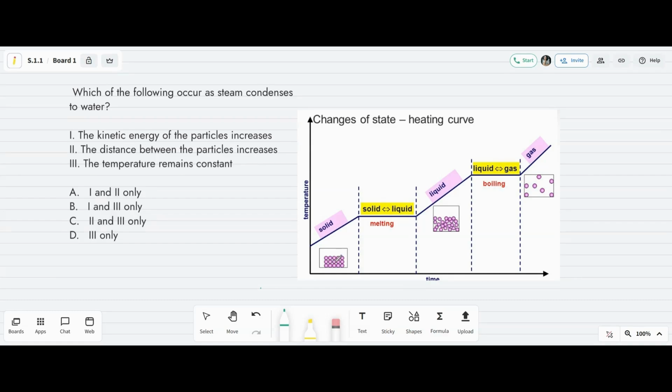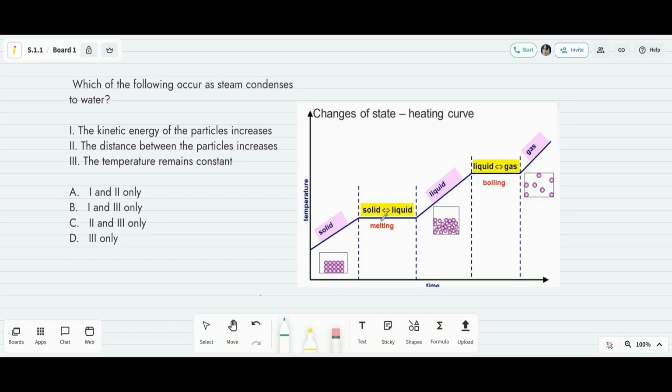This increases the kinetic energy, and when the average kinetic energy increases, temperature increases. So the solid's temperature is increasing here, and once it reaches its melting point, the solid starts melting. Here you need to note that during any phase change, whether it's melting, boiling, or the reverse, condensation or freezing, the temperature stays constant at the melting point or the boiling point.